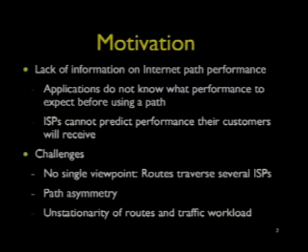But the problem is right now there is no good way to predict performance on any path unless you actually use the path. And the reason this is a problem, I guess, is known to all of you out here: routes in the internet traverse several ISPs, and so there is no single point in the network where you can predict performance between any two end hosts. Further, though any ISP can control routes going out from it, it does not really have control over incoming routes, and so there's path asymmetry out there. And further, both routes and traffic workloads change over time, and you don't really have any static estimate that you can make on path performance.